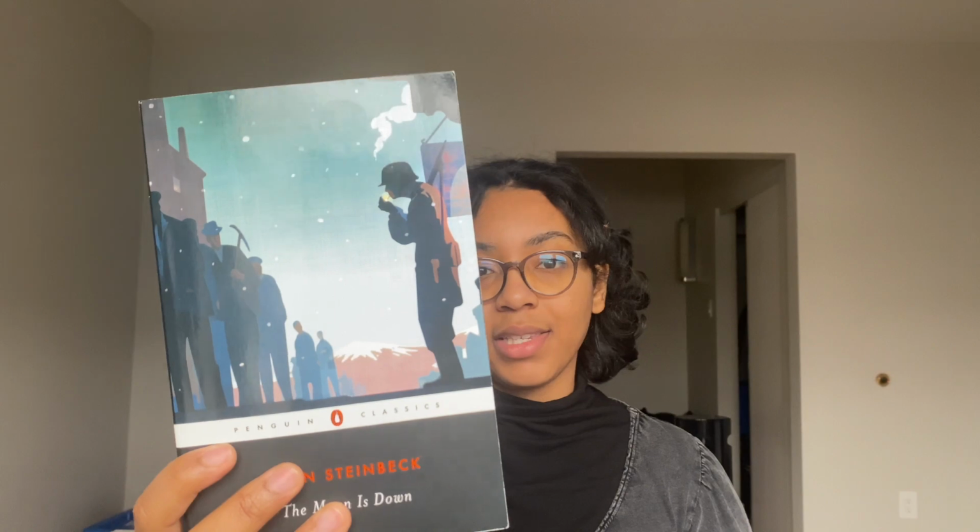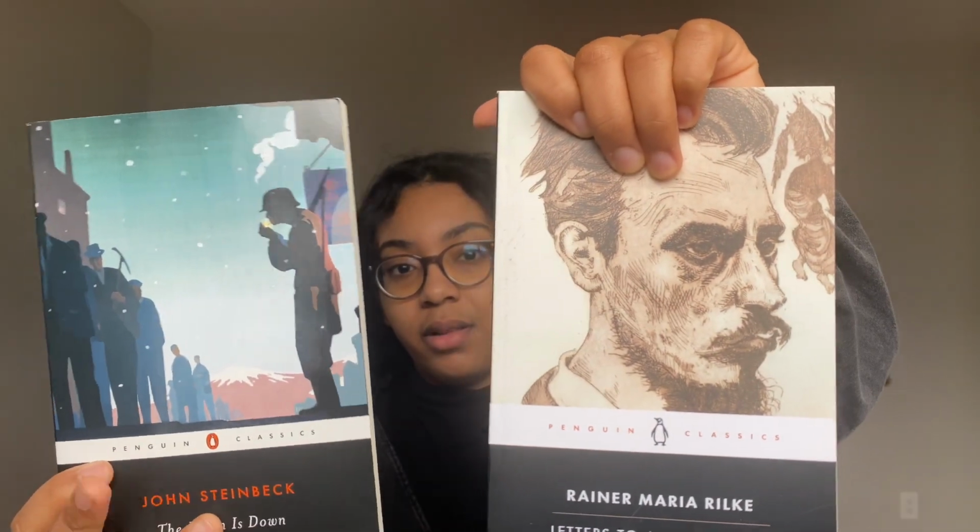And oops, here's the other John Steinbeck book I picked up. This is The Moon is Down. I know this had a lot of discourse when it was published and was kind of considered a work of propaganda, which made me very interested to see what is in here. And this is just my favorite type of penguin classic with the original orange penguin on it, as opposed to